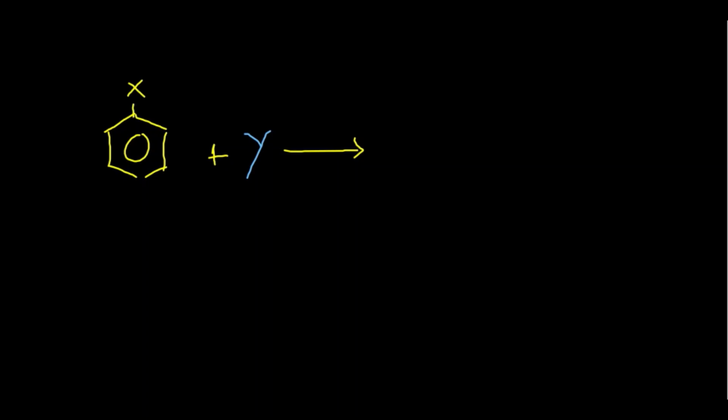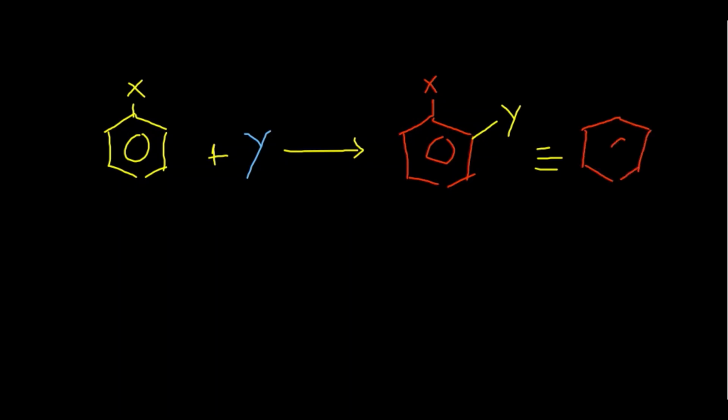we make the benzene ring here, and we will see what is the position of Y in the benzene ring. This is the mono-substituted benzene, X is already present. Maybe Y would come at certain positions, maybe Y would come at this position. Y would come at this position, or maybe Y would come at, we make the benzene ring, here we have X, maybe Y would come at this position.